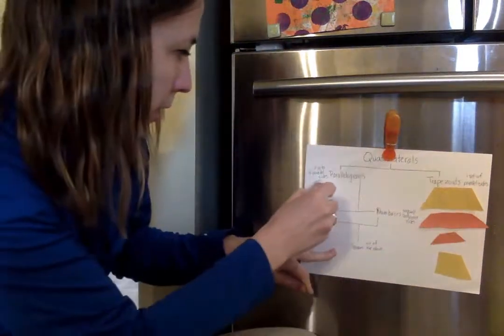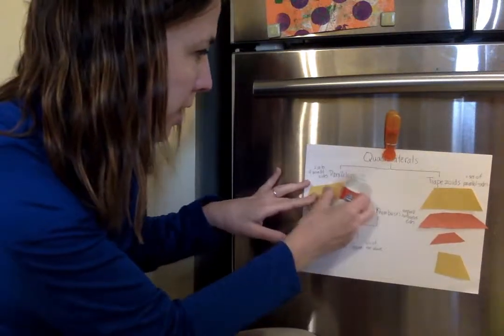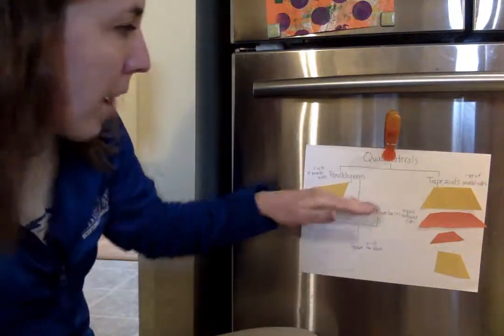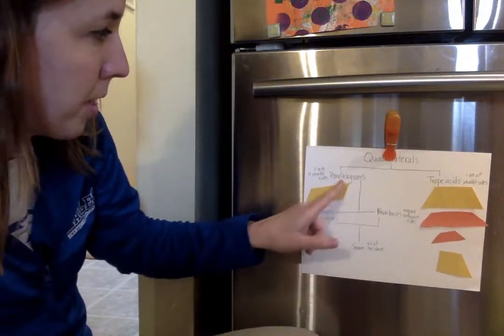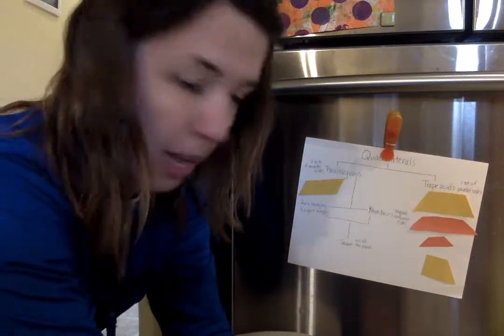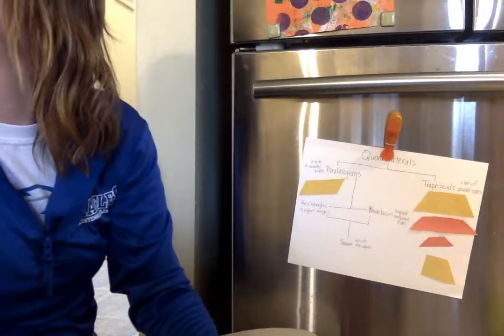I'm going to put our parallelogram here, and then within this category of parallelograms, there's a lot of other shapes. So anything that's below this is also a parallelogram and also a quadrilateral, okay? We know,